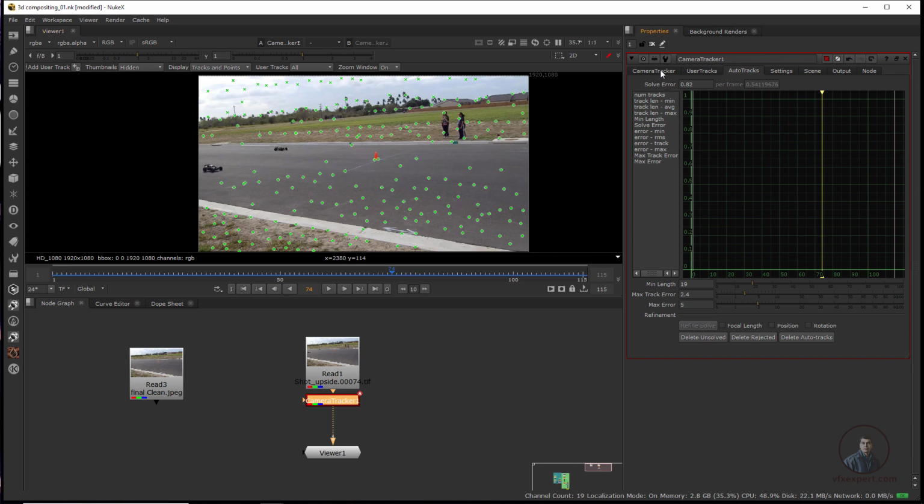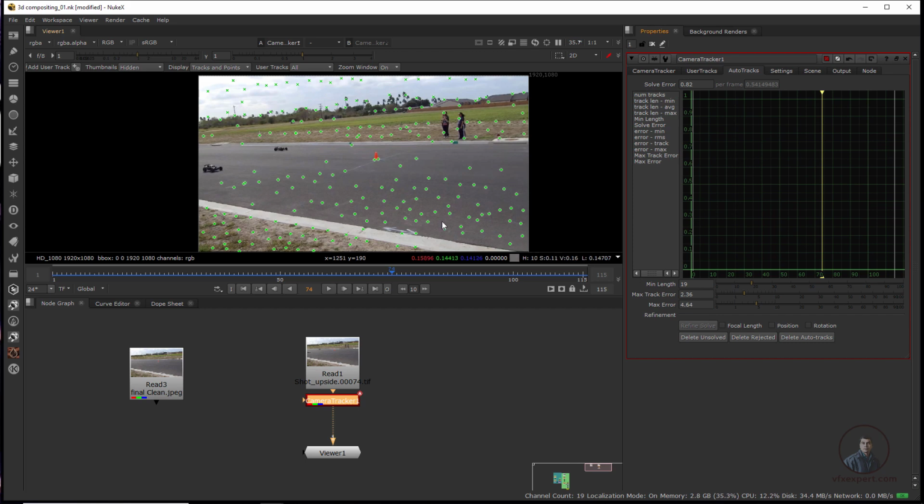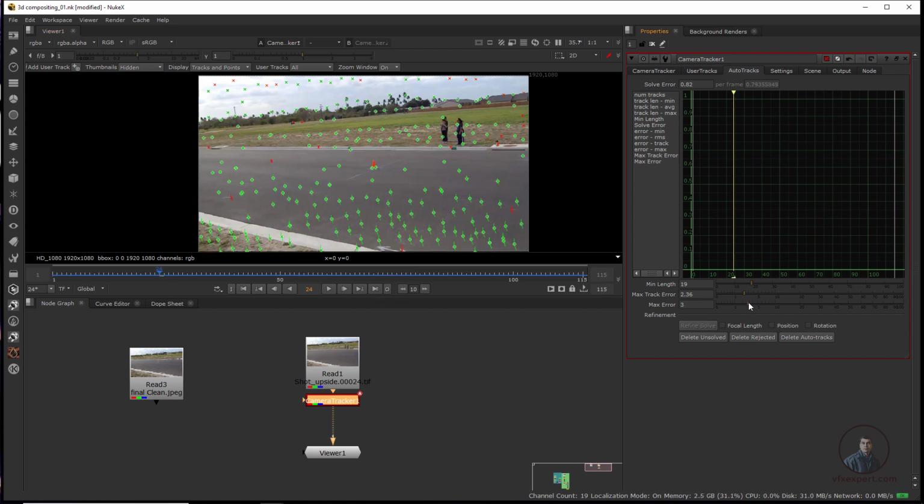Then again come into Camera Solve here. Then click on Update Solve, okay. Now again we have to enhance a little bit here. Now a little bit of improvement here.